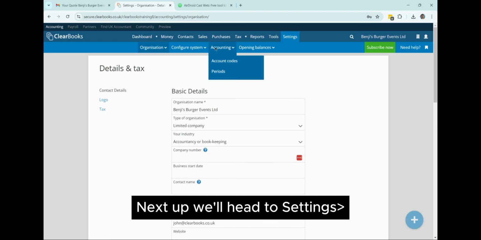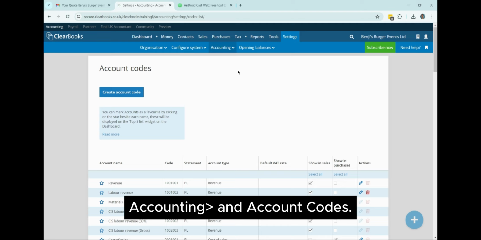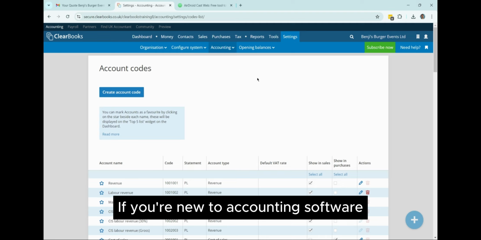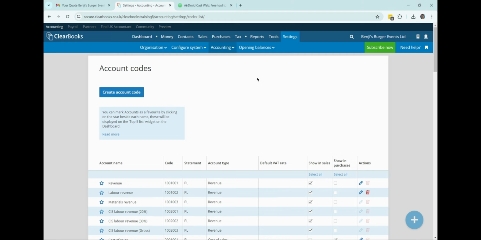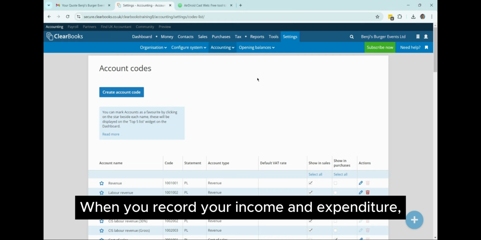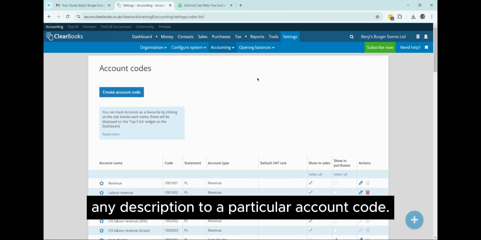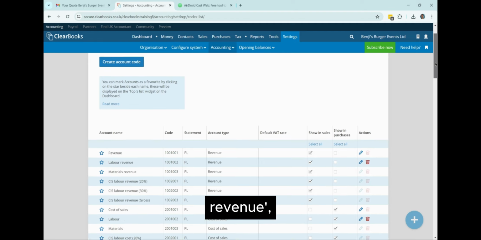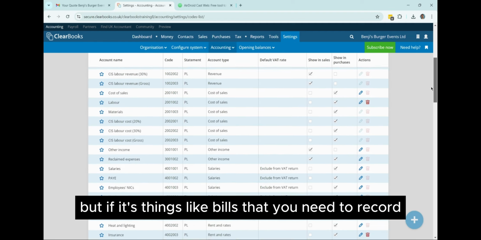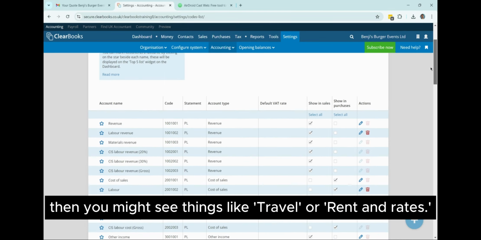Next up, we'll head to settings, accounting and account codes. If you're new to accounting software, then account codes will be a familiar sight when using ClearBooks. When you record your income and expenditure, you will have to associate any description to a particular account code. If it's income, you might see things listed as revenue or materials revenue. But if it's things like bills that you need to record, then you might see things like travel or rent